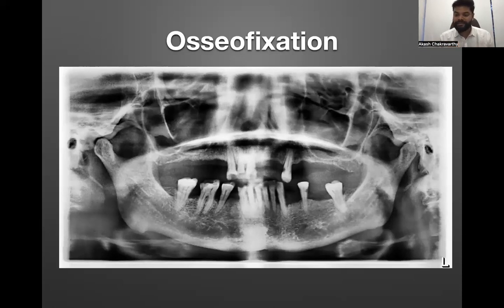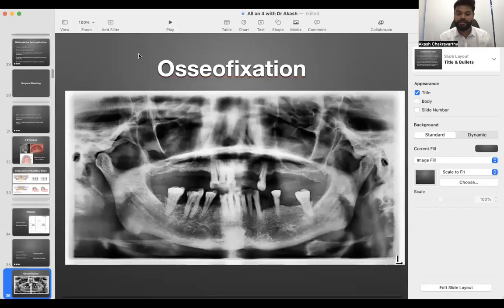So you see in the maxilla, I don't know if you're able to see my cursor or not. Let me do this. I think now you can see my cursor, right? In the maxilla, this is your second cortical bone. This is your first cortical bone. So when you place your implant, you need to engage this cortical bone and this cortical bone. Same way, this cortical bone and this cortical bone. You start here, you engage the implant in this cortical bone and you place it in this cortical bone. So when you engage the cortex like this, that is called osteofixation, and that is called bicortical anchorage.